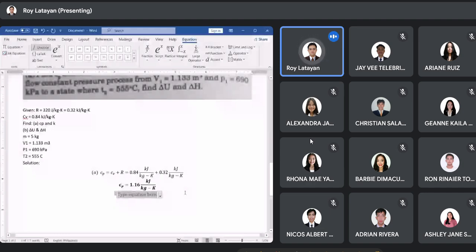Ang Cv natin 0.84 kilojoule per kilogram Kelvin. So, unit less yung ating k. The value of k is 1.16 divided by 0.84. So, 1.38